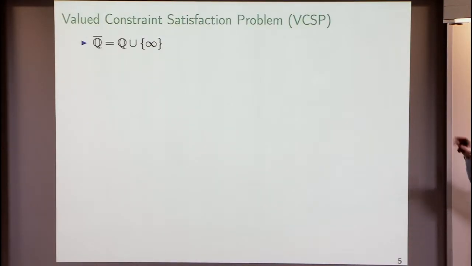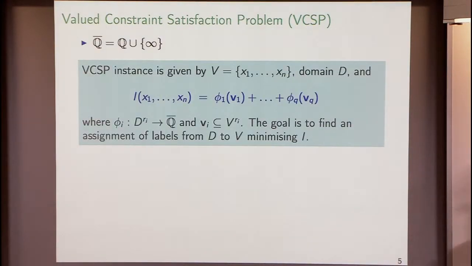So here's a definition, and then I'll comment on it and relate it to other definitions. An instance of a valued constraint satisfaction problem, or VCSP, as I tend to call it, is the following. We'll use this useful piece of notation: Q bar is all rationals together with positive infinity. And a VCSP instance is given by n variables, x1 through xn, a domain, the set of labels or